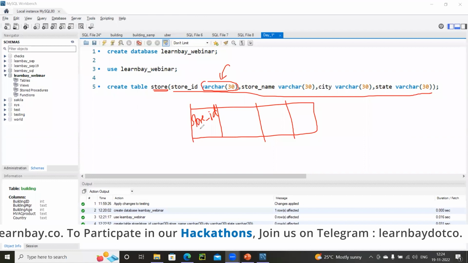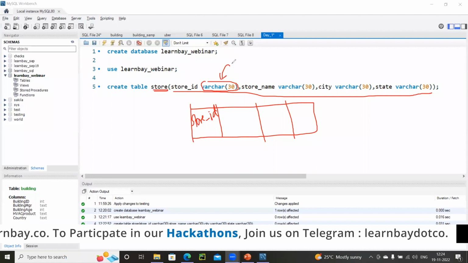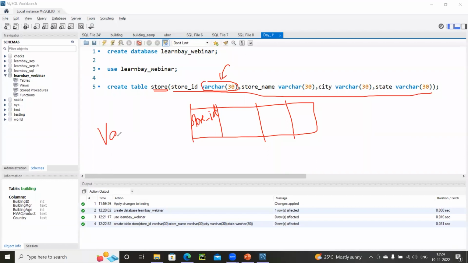Strings can be defined in MySQL with the name varchar, which stands for variable length characters. Inside the bracket, I specify a number, which means this store ID can store a maximum of 30 characters, which can be a mix of numbers and letters. The same way, I'm saying store name, city, varchar.